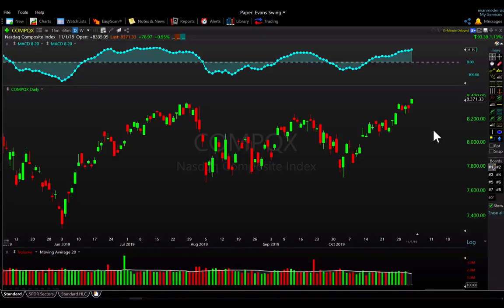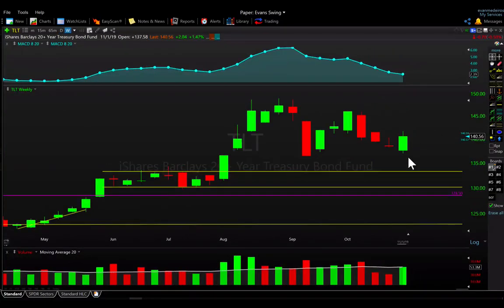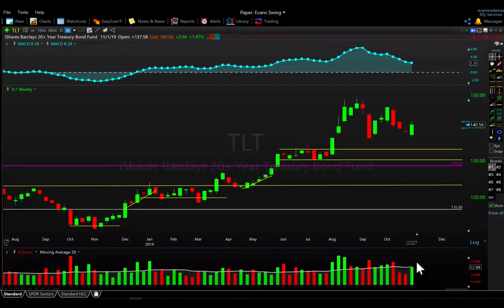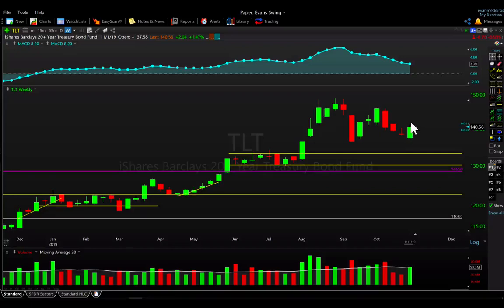So let us now jump into some other major markets here. We'll go to TLT, which was up 1.5%. Take a look at the volume that came in, so kind of back to an average volume there. We engulfed last week's range, which basically means we started the week lower with a gap down in the TLT, but we effectively rallied all week,